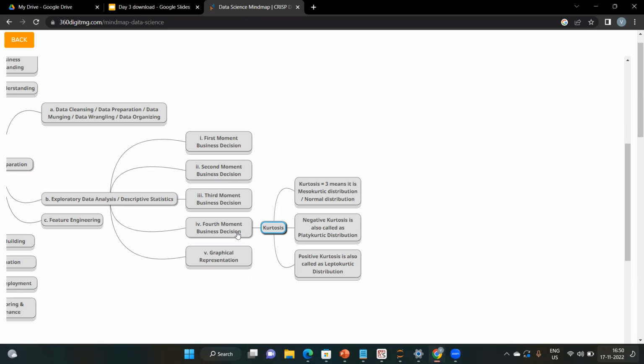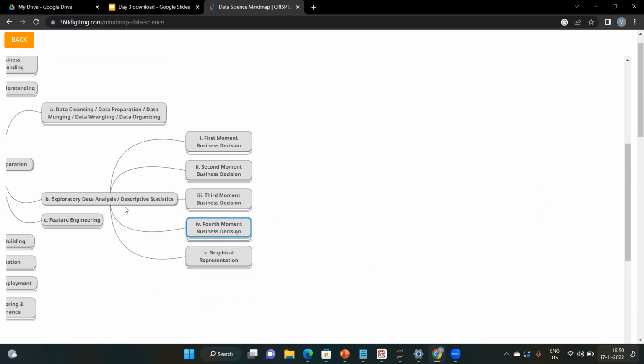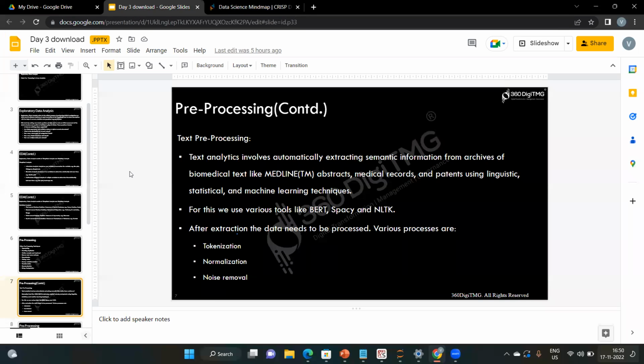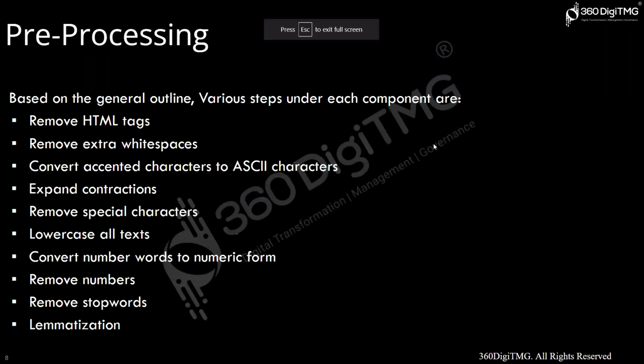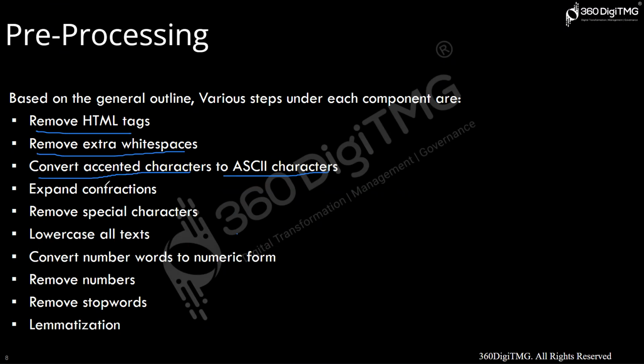Moving back to the slide, guys, pre-processing is done, so let us move on. What are the various steps of pre-processing? We are going to remove HTML tags, remove extra white spaces, convert accented characters to ASCII characters, expand contractions, and remove special characters. What is meant by special characters is nothing but, guys,